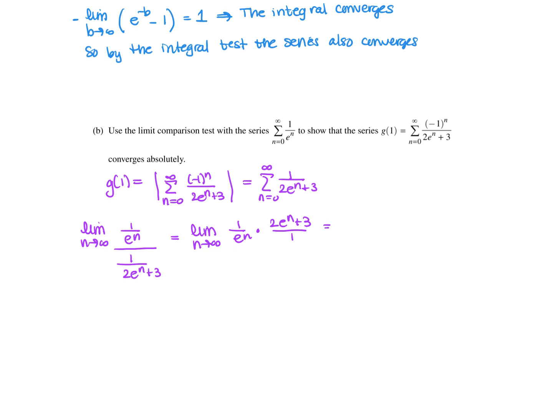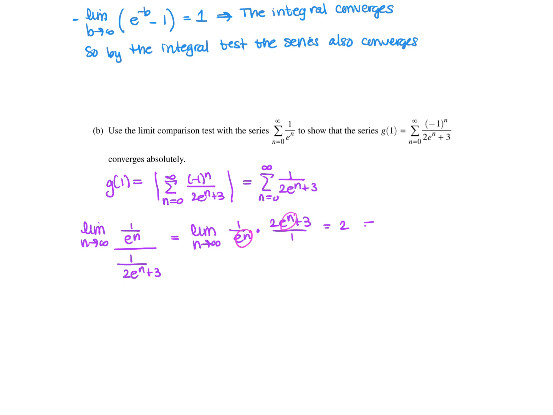So this limit, basically we're going to think that the degrees are equal because we have e to the n up here, e to the n up here. So it's going to converge to the ratio of leading coefficients, which is 2. Now what the limit comparison test says, as long as this limit is not equal to 0 or infinity, the